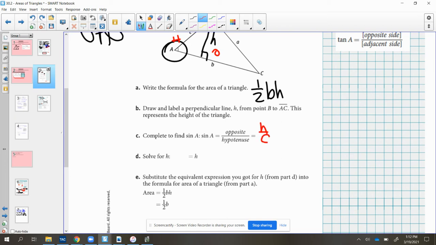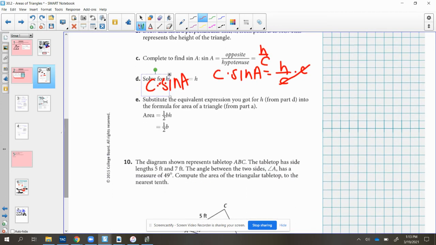And again, if we rearrange this, the sine of A equals h over c. If we want h by itself, we'd have to multiply both sides by c. So h equals c times the sine of A. And then last but not least, what's happening here is we substitute in for h this c times the sine of A,